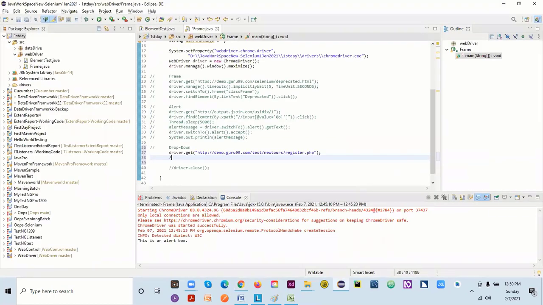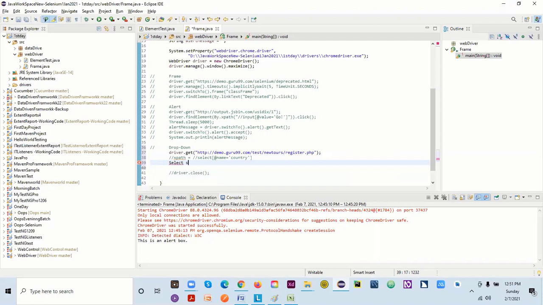I'll be using my XPath for this. So what I can do here is I can say Select, and I can give any name here.